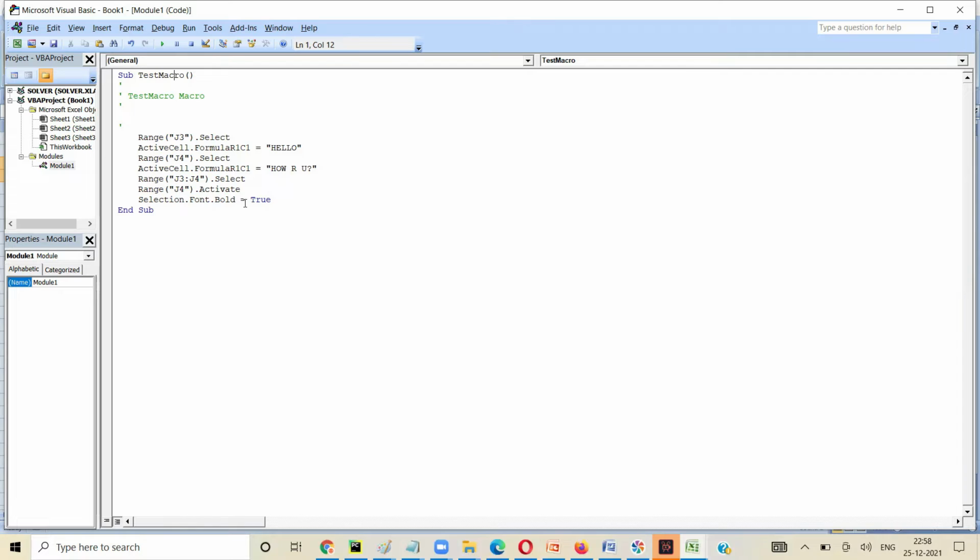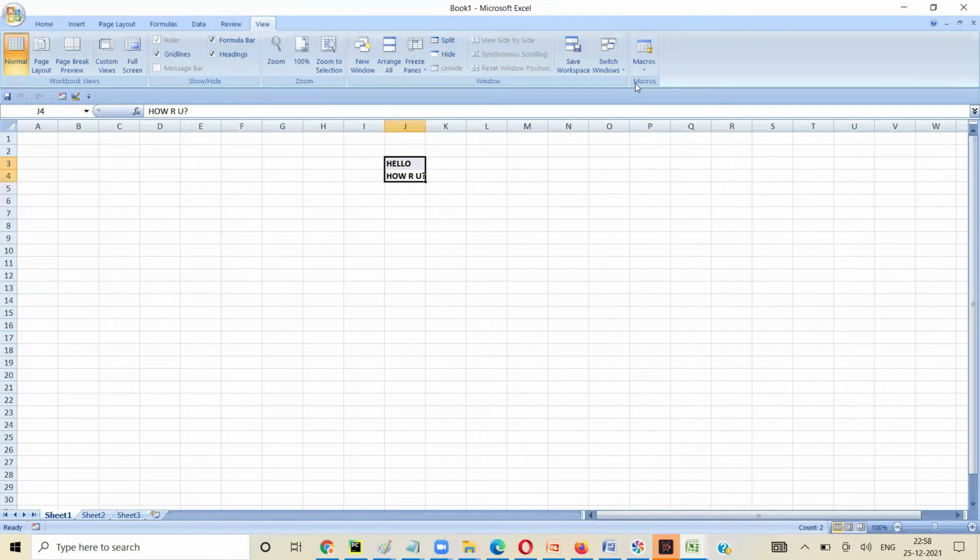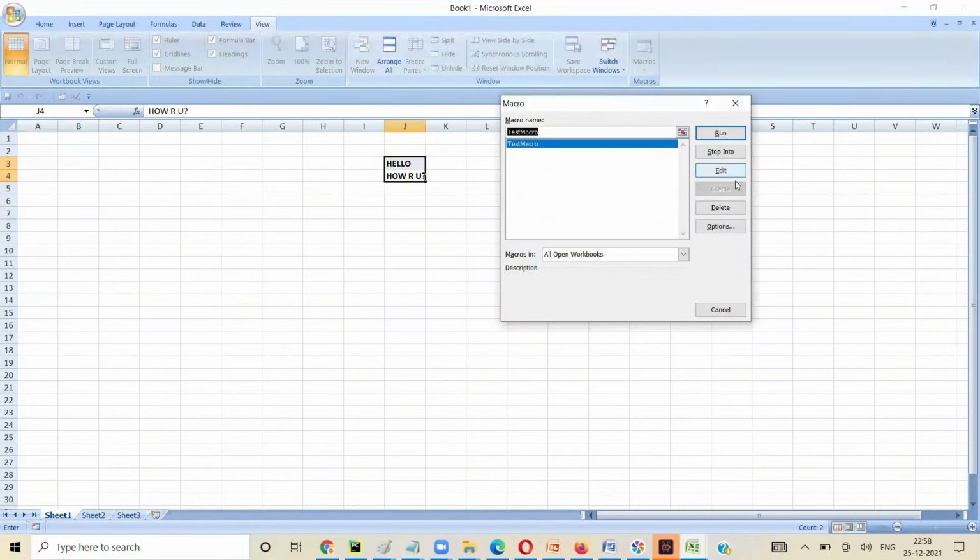Now the same thing we will write in a different way. For this you have to click on View Macros and then say Run. We can also set this to run automatically, which we'll see in the advanced course after a few days.